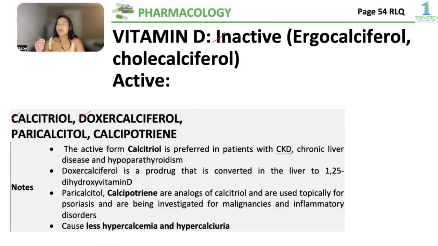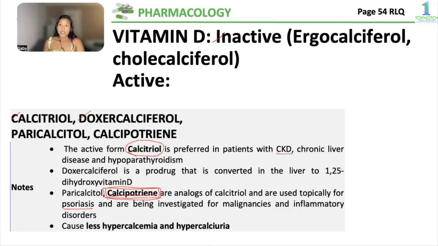Typically they will have reduced activity of your 1-alpha hydroxylase because, again, you have CKD. Therefore, the preferred form of calcium or vitamin D that we give these patients is calcitriol, because it's already the activated form. Furthermore, calcipotriene, which is one of your activated versions of vitamin D, is used in the treatment of psoriasis. So I have prescribed this to patients with psoriasis. It's like an ointment that they apply on the patches,